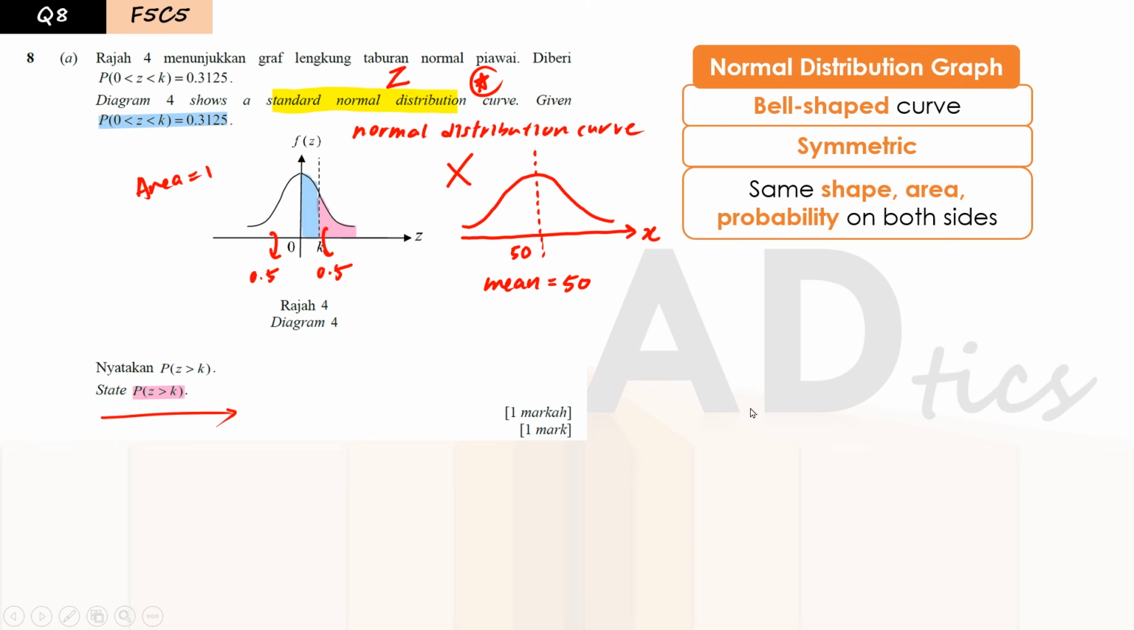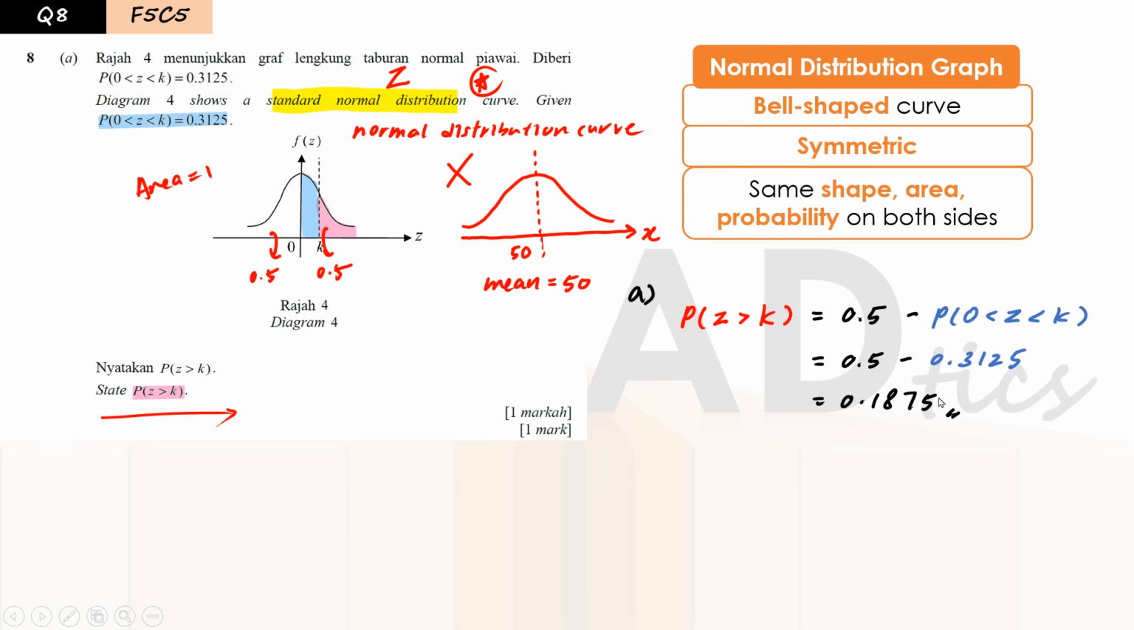Okay, so here let us write our working. We need to find the probability where Z is greater than k. It would be the probability of the entire right side, 0.5, minus the probability of the blue area, which is where Z is between 0 and k. Then we substitute the probability, 0.3125, and subtract them, and we will get the probability